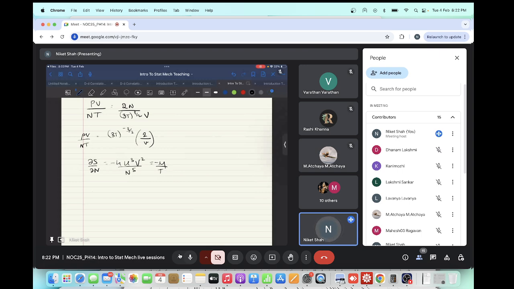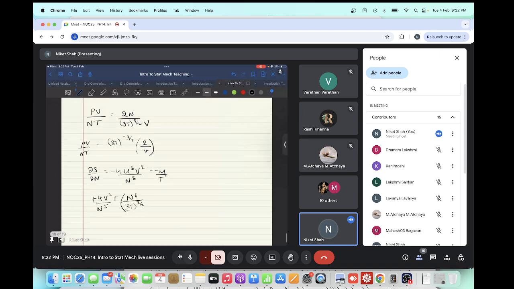The expression for u cube n power 6 by 3t raised to the power 3 by 2 v cube. This is the entire thing. This goes away, this goes away, this goes away,